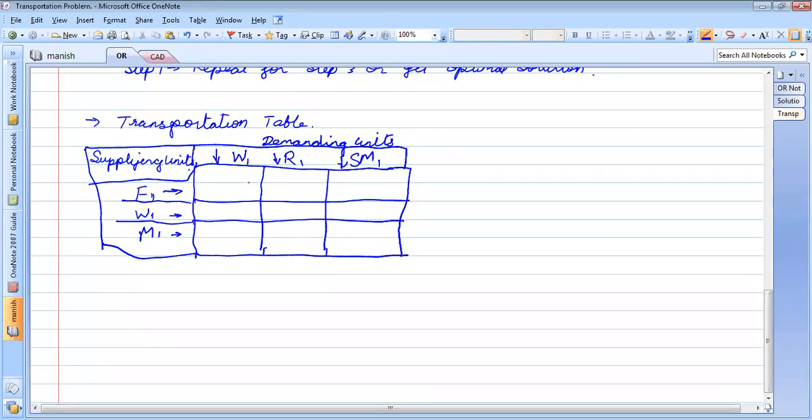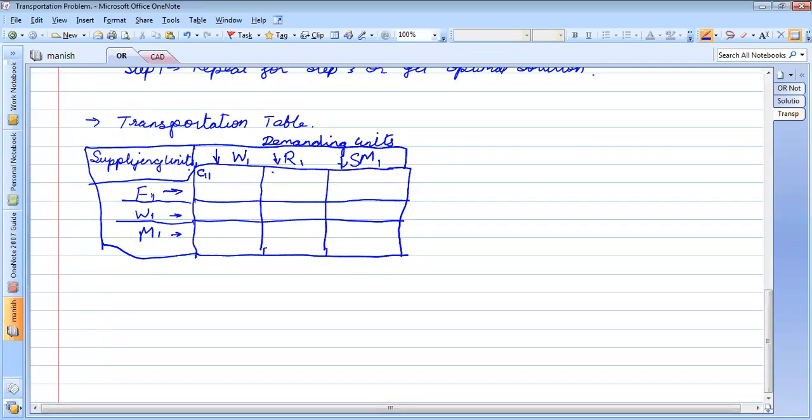No, sir. Okay, then we will write the transportation cost. Transportation cost of transporting from factory 1 to warehouse 1 at this top left corner. Please remember this, that we will write the cost C11 at the top left corner.